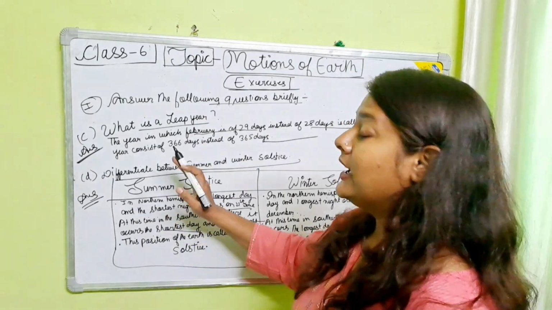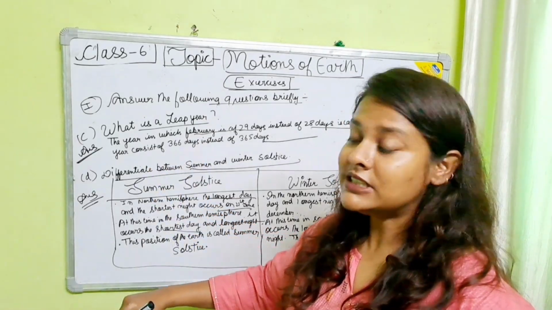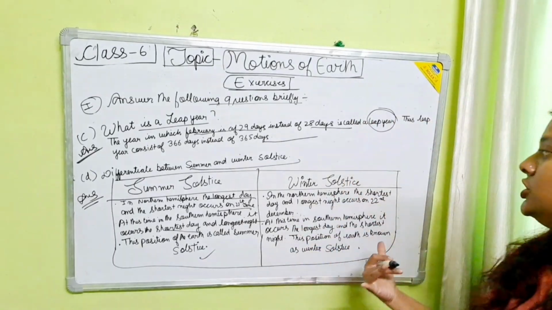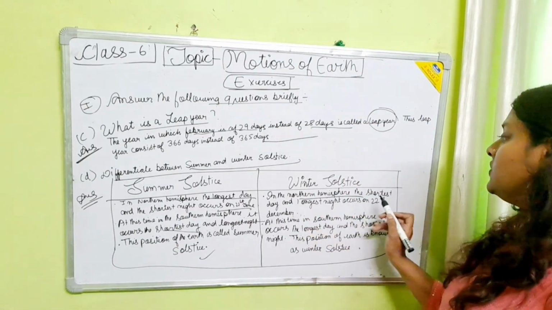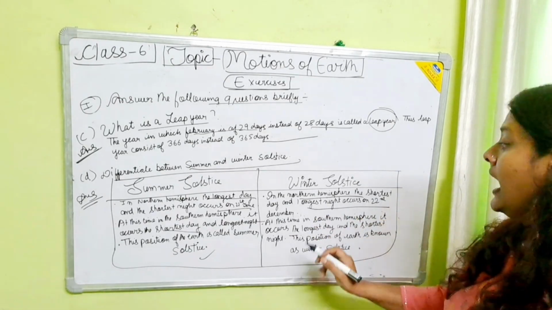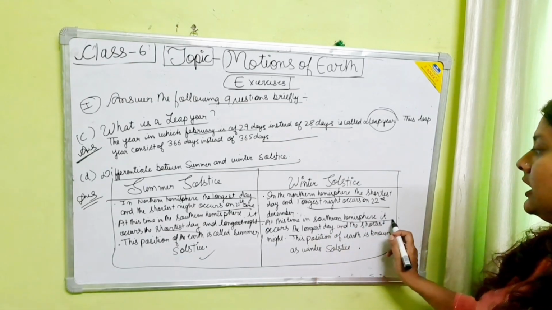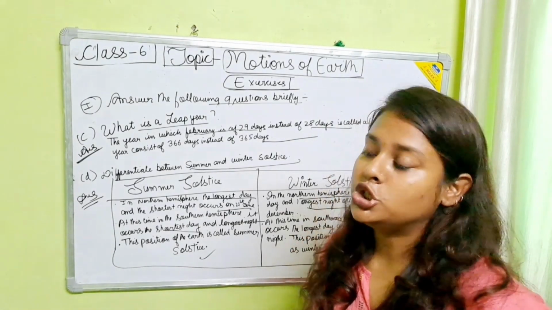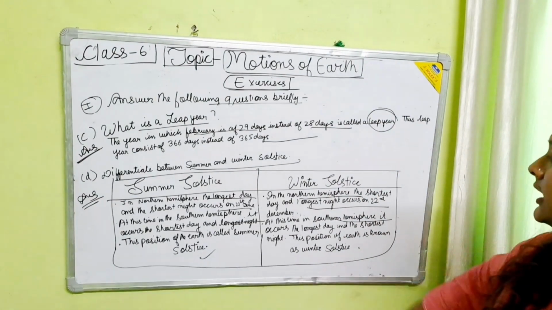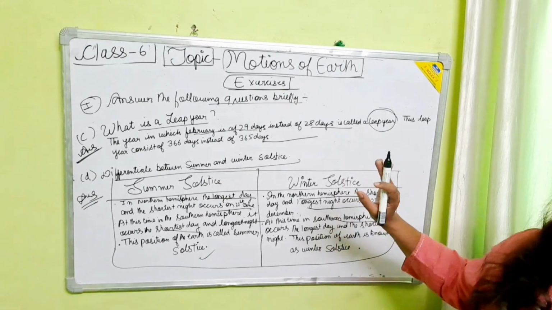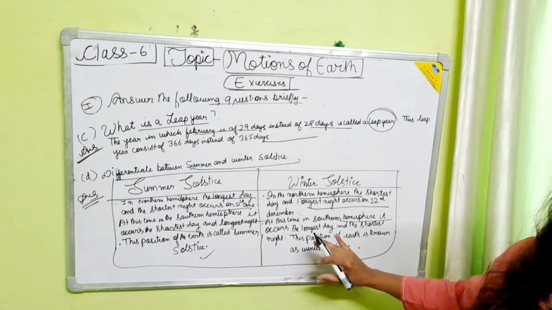That means there is summer in the northern hemisphere and winter in the southern hemisphere. This position of Earth is called the summer solstice. And when we talk about the winter solstice, in the northern hemisphere, the shortest day and the longest night occur on the 22nd of December. And at this time, in the southern hemisphere, it is the longest day and the shortest night. This position of Earth is known as the winter solstice, and during the winter solstice, the southern hemisphere experiences summer